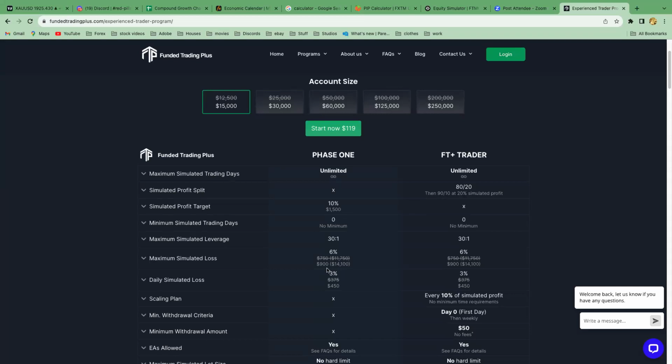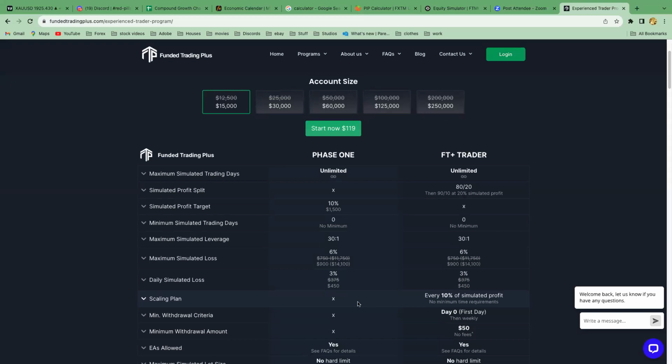And what that means is that if you're in a 15K account and you've made like 15,100, basically your drawdown is going to go up. Let's just say your drawdown is at, I don't know, 13,500. Let's just say now it's 6% they have, but I'm just doing it to make the maths easier.